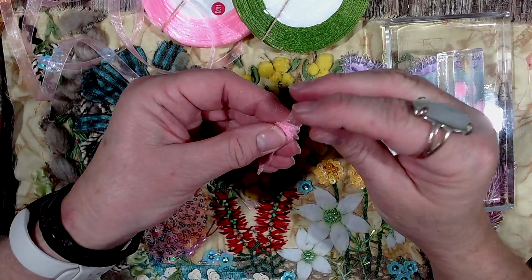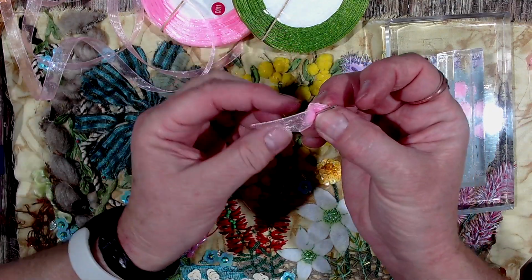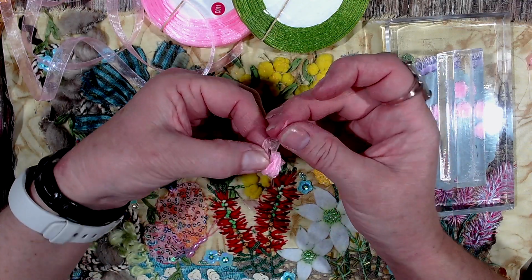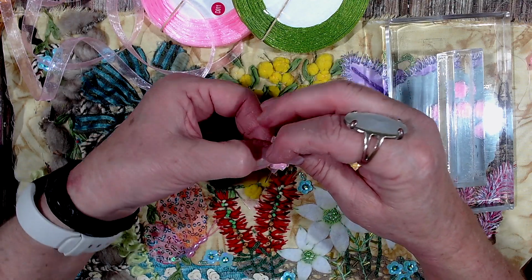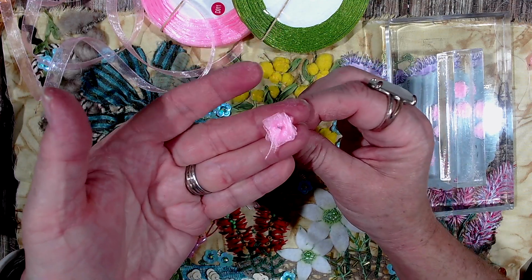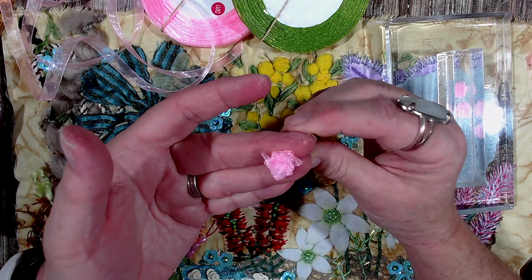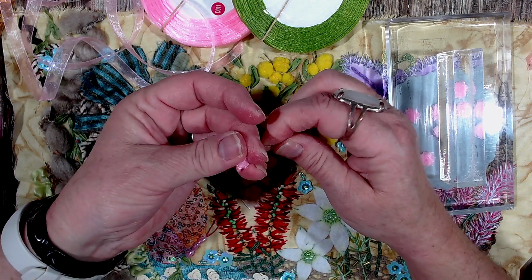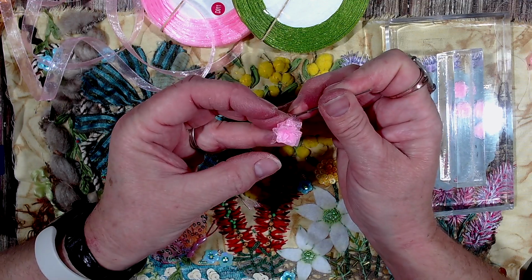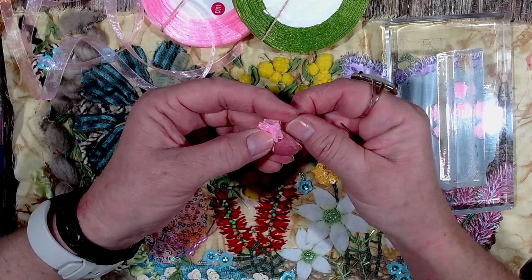All right, hold on to all your pleats, flip your needle up. Keep holding on to all your pleats and then thread your sharp tail into the needle. Okay, sit it between your 2 fingers like this, give it a turn until it looks pretty, and then give it a tug and pull it through. It'll come through really easy if you've got the right size needle. Okay,